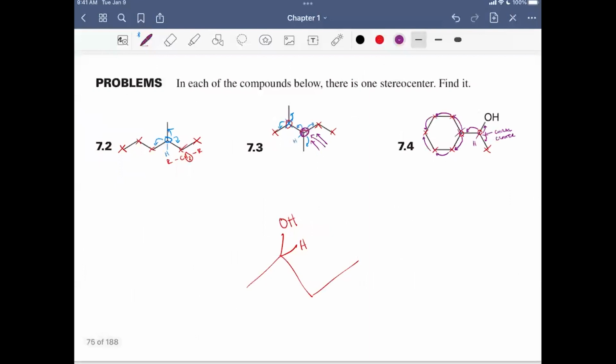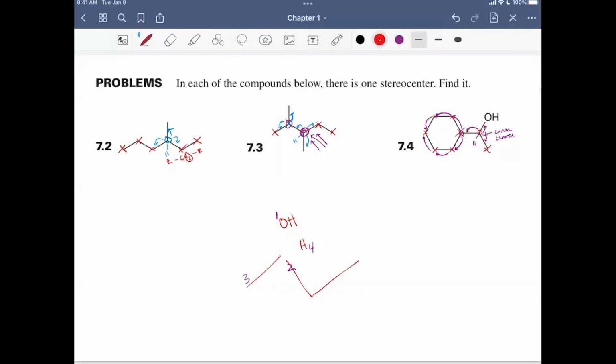So if I want to go back to this example, this alcohol group will be number 1. That oxygen is electronegative, so it's going to be number 1. This hydrogen is going to be number 4 because it only has an atomic weight of 1.01. So that's going to be 4. This ethyl group will be 2, because it has more atomic mass and it's bigger than this methyl group. So we'll label that 3. So we labeled them. Really, you should show the,